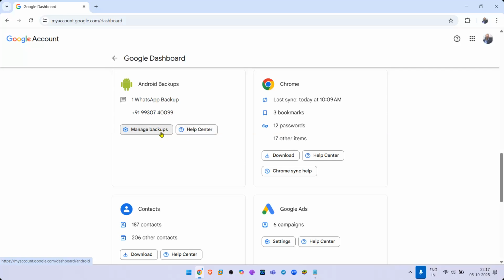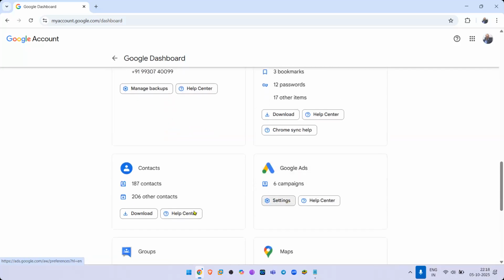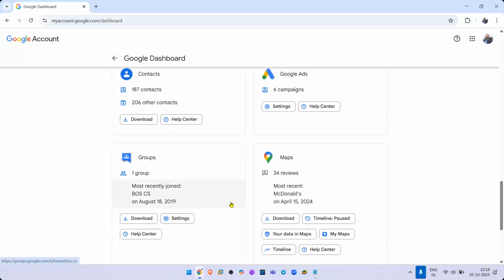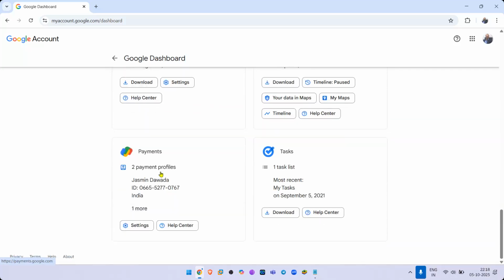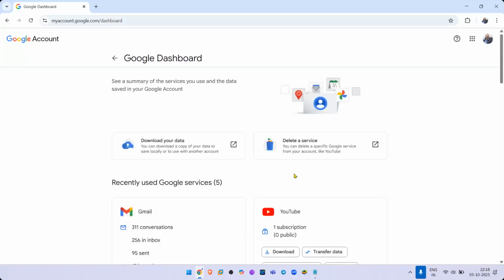Okay, and you can see it on your screen. How dangerous is that? Okay, Google Chrome, Google Ads, Google Maps, Google Groups, Google Payments, your GPay, your tasks, and of course your Google Photos and everything. Everything. I don't have Google Photos at all, but if you had one, you would be able to see that.